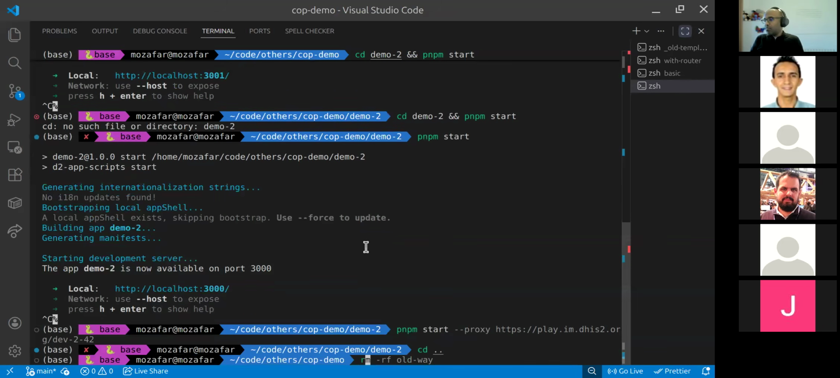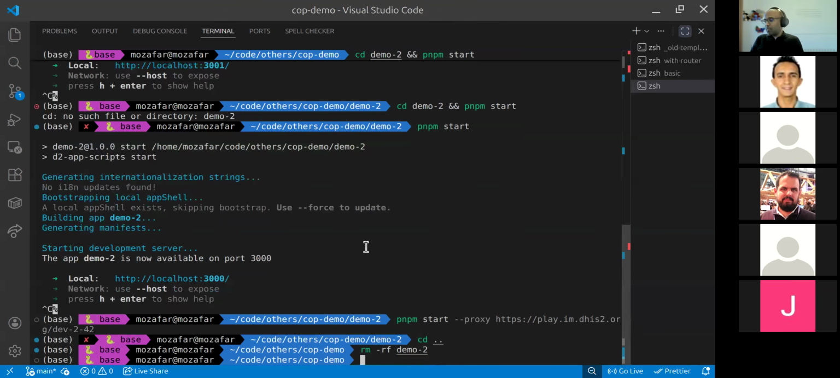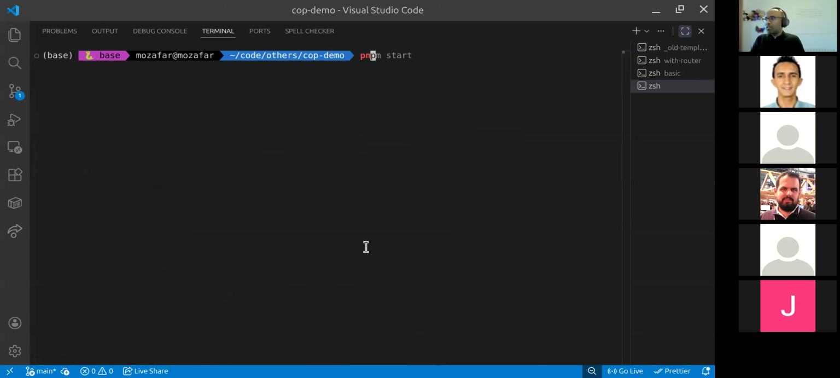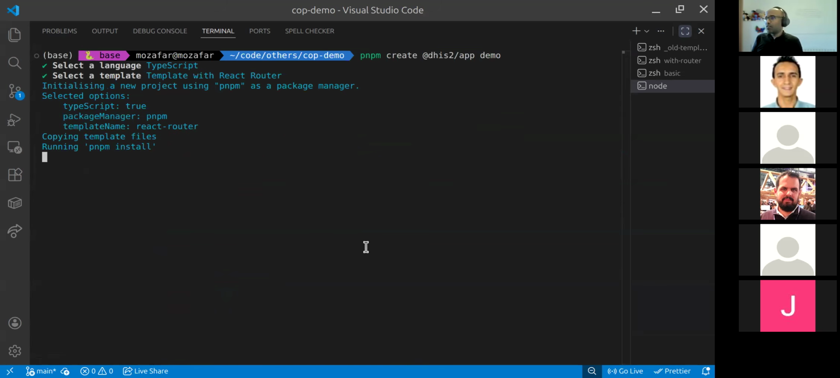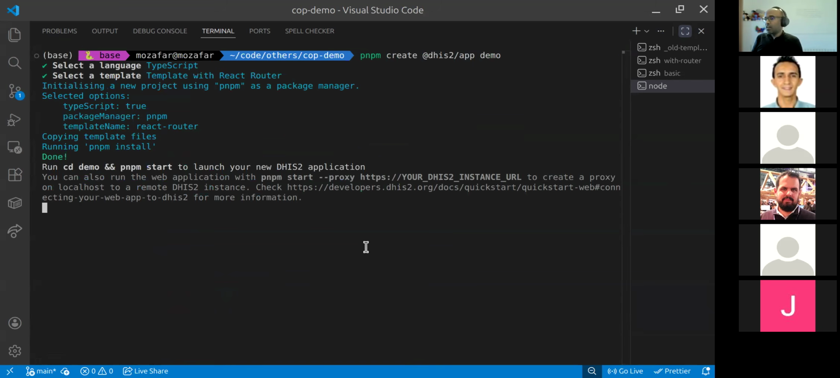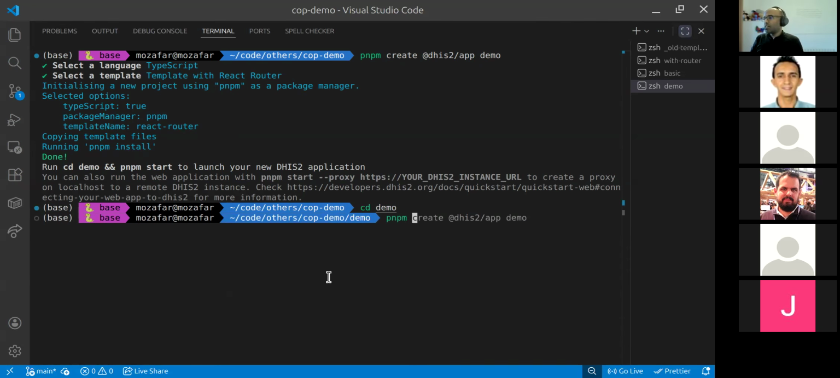But let's try with the template. I'll run create again, and this time I'll just specify the name, and you can say dash dash yes to accept all the defaults. But let's again go through it. I use TypeScript, and this time we do TypeScript with the React Router template. And if I go then to demo and run start,